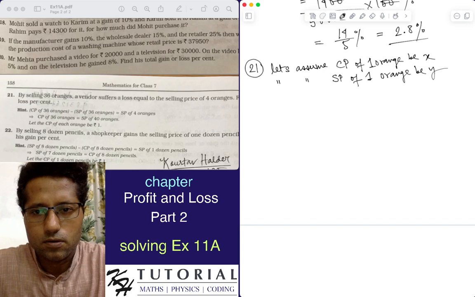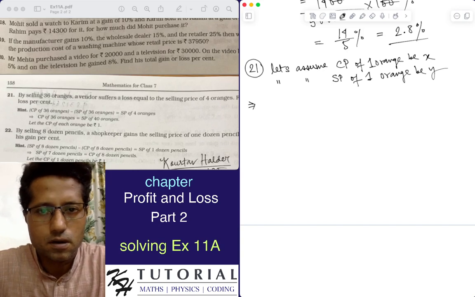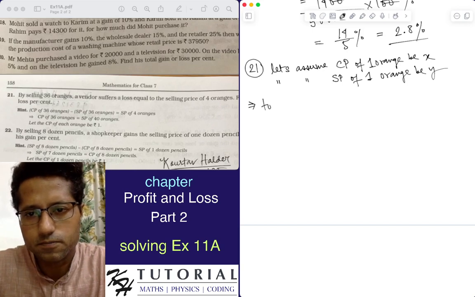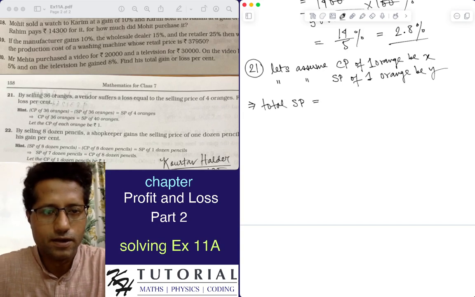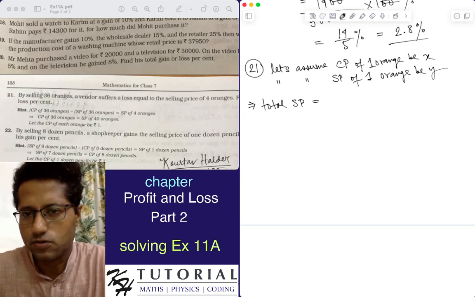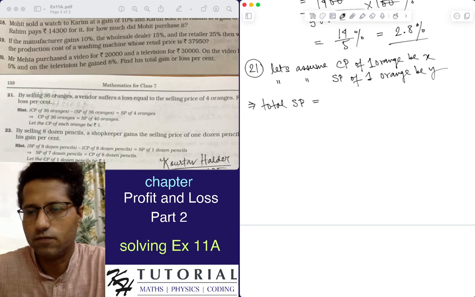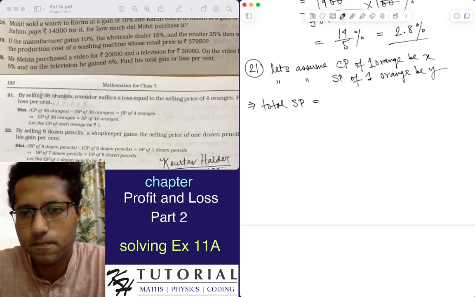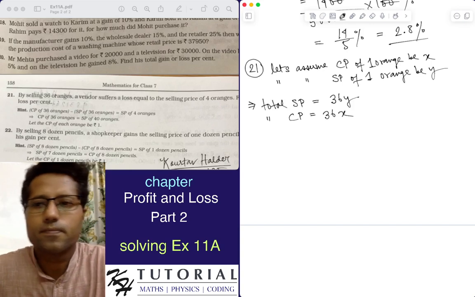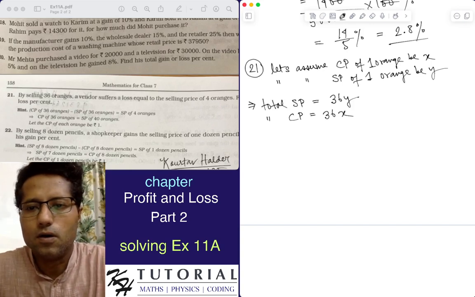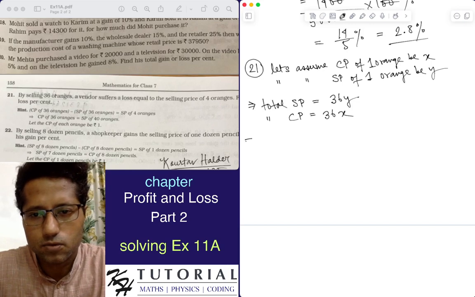Okay, now this implies total SP should be equal to, the vendor sold 36 oranges, and if he sold each orange for Y, that's what we have assumed, the total SP will be 36Y, and total cost price of the 36 oranges should be 36X. Okay, now therefore total loss,